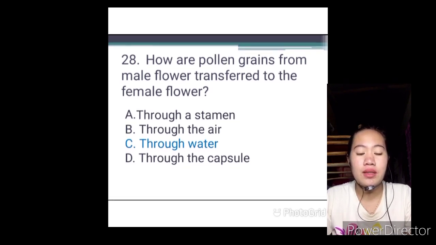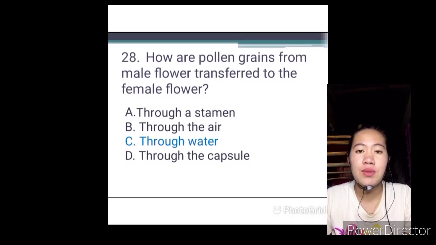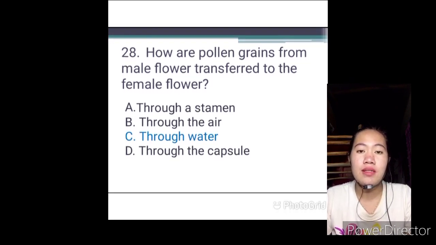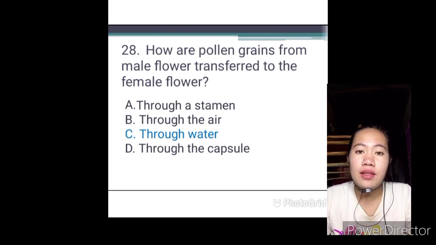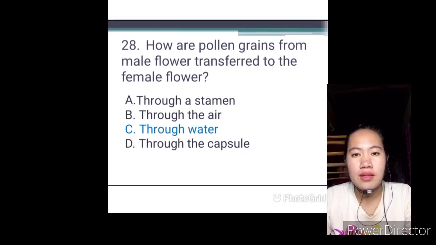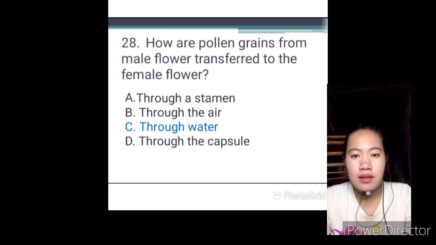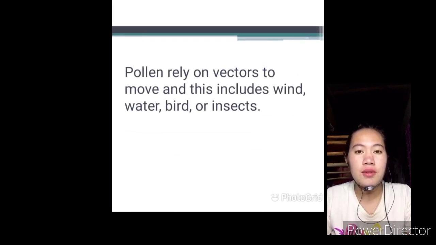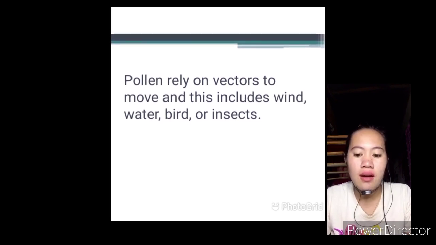C, through water. D, through capsule. So my answer for this is letter C, through water, because in order for pollen grains to move from the male pollen grains to the female pollen grains, they need vectors, and vectors include wind,